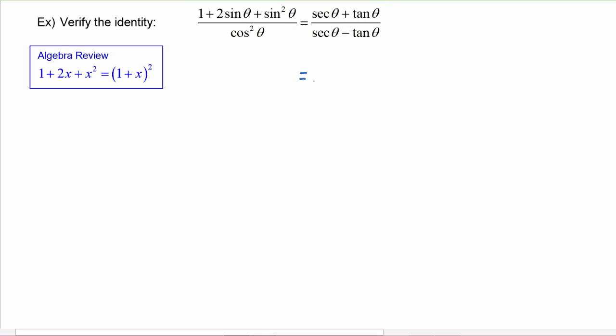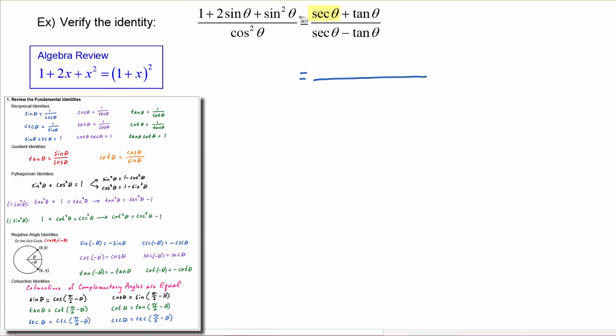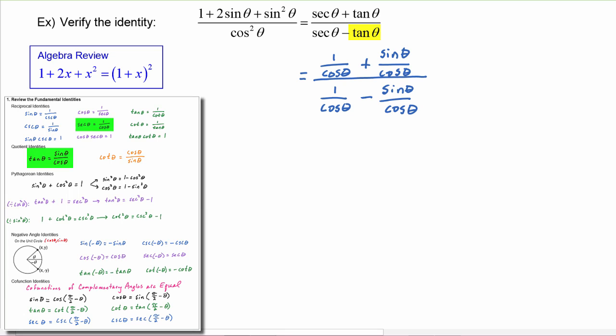We line up our equal signs. We know that secant of theta is 1 over the cosine of theta plus tangent of theta gets replaced with sine theta over cosine theta. In the denominator, this secant also gets replaced with 1 over cosine theta, and then minus a tangent theta, which is sine theta over cosine theta. Well, this is a nice development